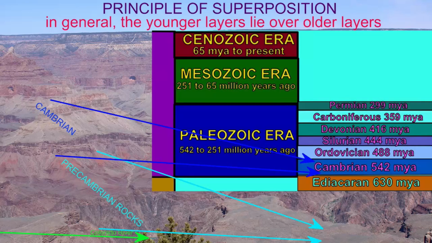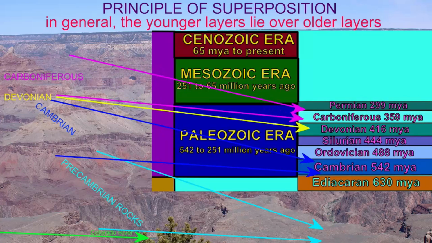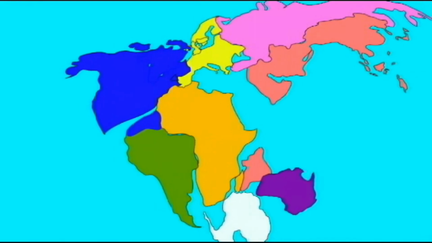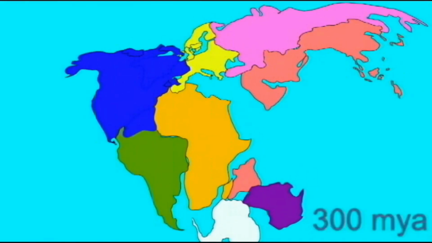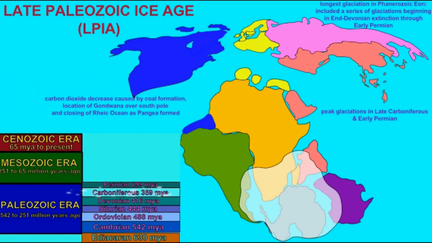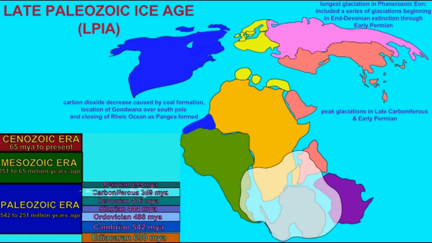There is a layer which was laid down during the Devonian period, although it varies in thickness in different parts of the Grand Canyon from about 100 feet to 450 feet. Earth underwent a great deal of change during the Carboniferous period. The continents were fusing to form the supercontinent Pangaea. The late Paleozoic Ice Age was approaching, and certainly the rock layers of the Grand Canyon depict change because this